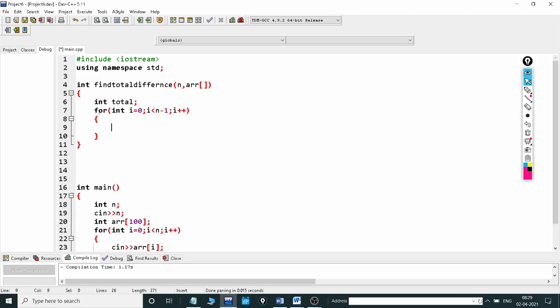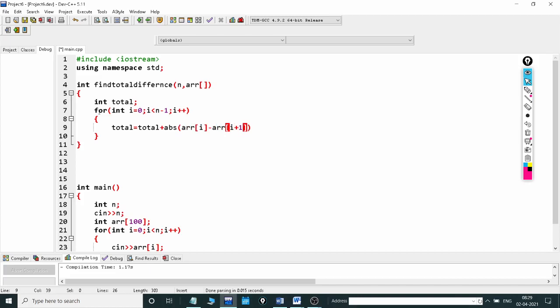Now find total. So total is equal to previous total plus abs, meaning magnitude, of array of i minus array of i plus 1, the next element.